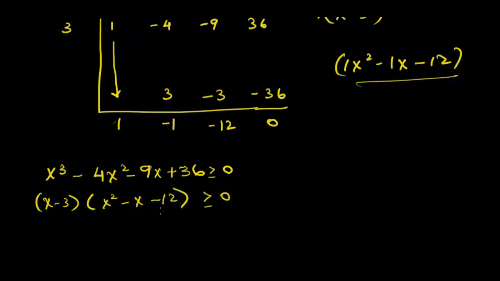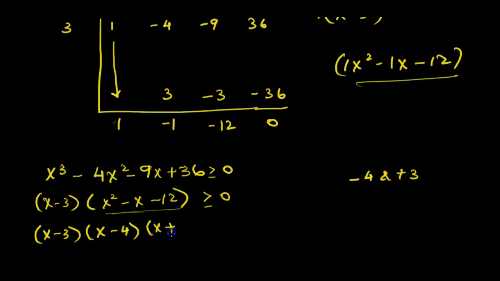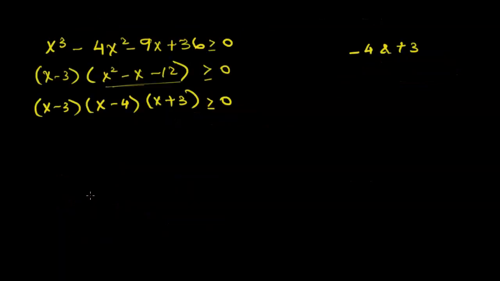When we factor this, we see this is a trinomial that can be factored, because the product of negative 12 can give us the sum of negative 1 by using negative 4 and positive 3. So the factors we get are x minus 4, x plus 3, greater than or equal to 0. Up till factoring, we have been practicing a lot, so we know what to do in order to factorize a polynomial expression. If we are asked to solve an equation, we first change it to factored form and then put each of the factors equal to 0 and solve for x.